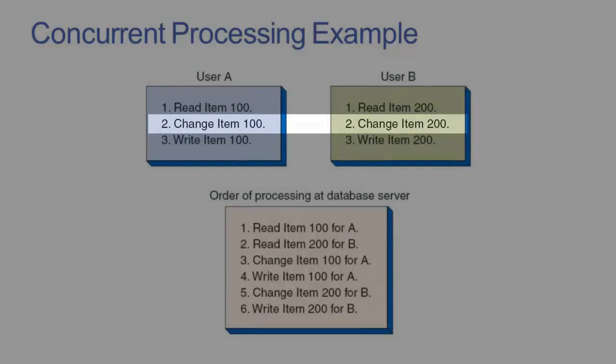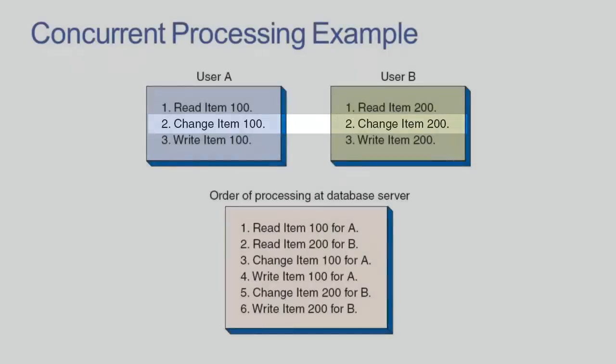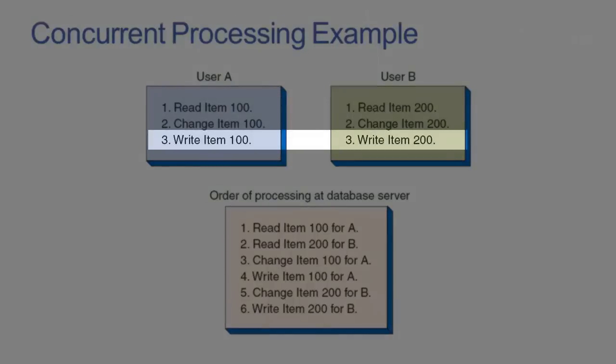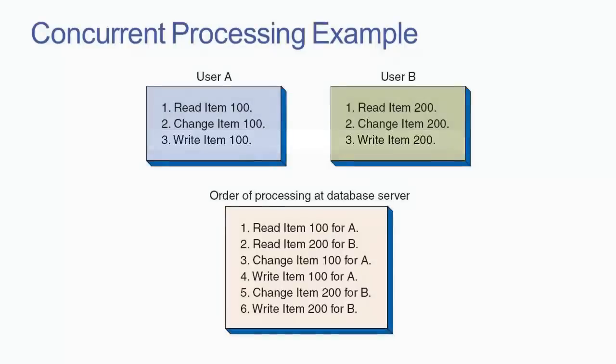User A then makes a request to change a value associated with item 100, while user B makes a request at the same point in time to change a value associated with item 200. The resulting change for A is then written to the item table, while at the same time user B is requesting that his or her changes be written to the item table. Despite the fact that many of these requests are arriving simultaneously, the database server must process them in a sequential